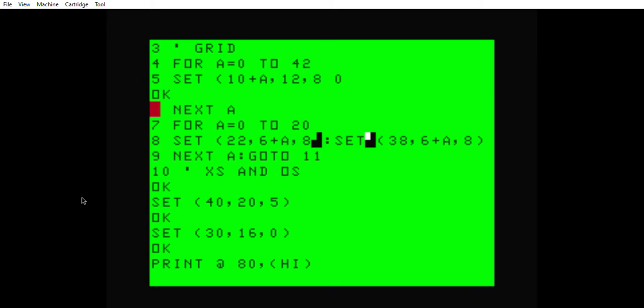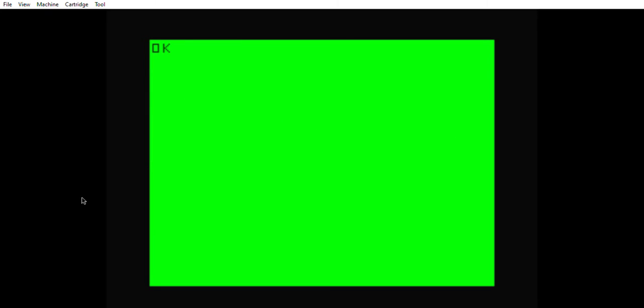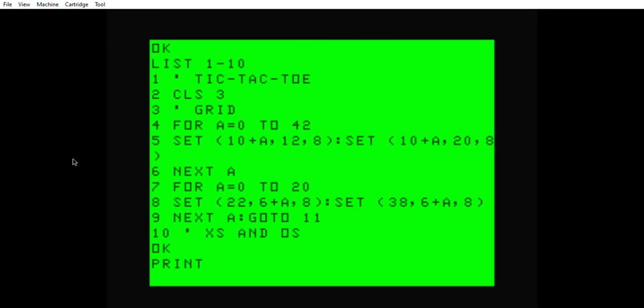Let's try this again. CLS, print at 200, hello, and oh, well, that's real good. I forgot to put parentheses, so let's try this again. List 1 through 10. Let's try print at 200. You have to put a comma, hello, and there it goes. It does that,